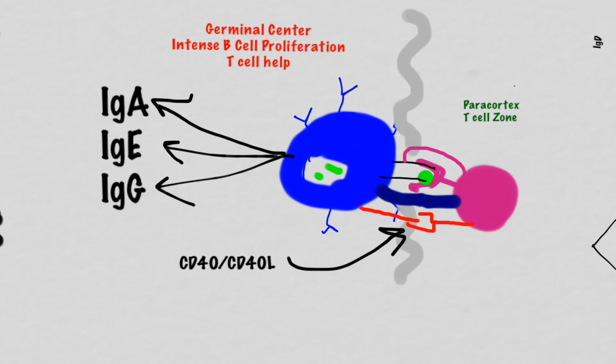Class switching occurs when an enzyme known as activation-induced deaminase, or AID, is turned on as a result of CD40-CD40 ligand signaling. AID is able to form breaks in the DNA, removing intervening DNA sequences between the recombined VDJ exon encoding the V domain and one of the new heavy chain genes that will lead to IgA, IgE, or IgG expression. So once AID works to kind of loop out that intervening DNA, you go from having IgM expression to IgG